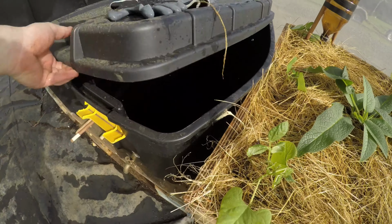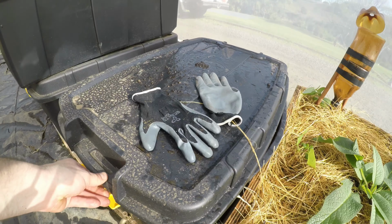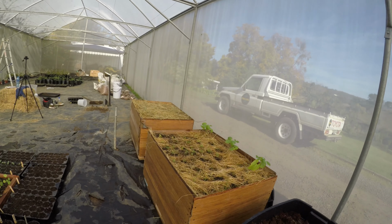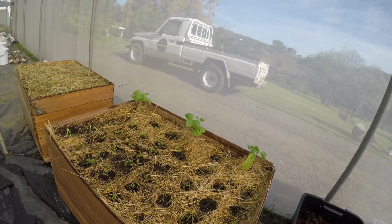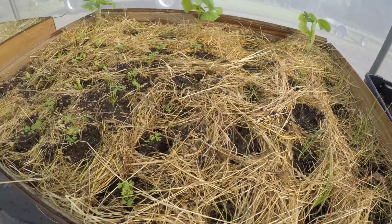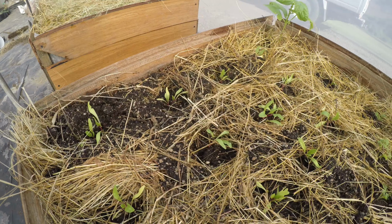Now this over here we know is a very stinky product, but I really love comfrey tea, and I actually end up keeping it in a spray bottle, and we use it as a spray fertilizer. I do it a lot when plants are fruiting. Over here we've added in some spring onions, carrots, as well as some beetroot. We planted quite a lot of